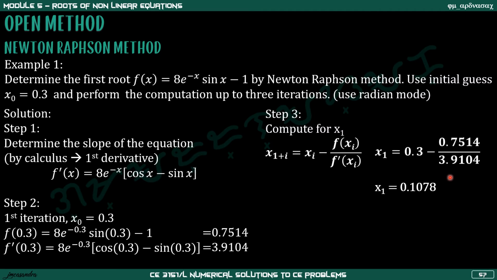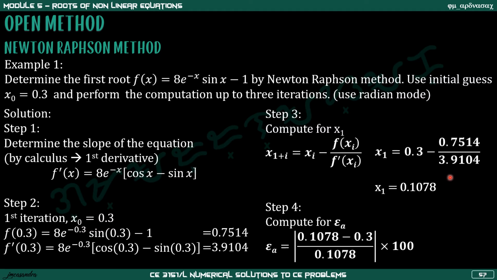Simplifying, we have x1 equal to 0.1078. Then we move to step 4. Compute now the approximate error, which is equal to 0.1078 minus 0.3 divided by 0.1078, which will give us